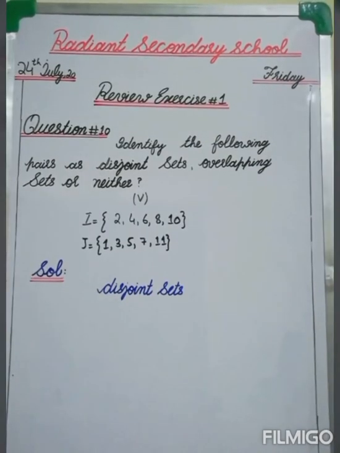Okay students, this was the last question of review exercise number 1 and today's diary is you have to complete questions number 1, 7, 10 in your book and the remaining questions you will complete in your classwork notebook and you have to complete the given test in your ref registers.